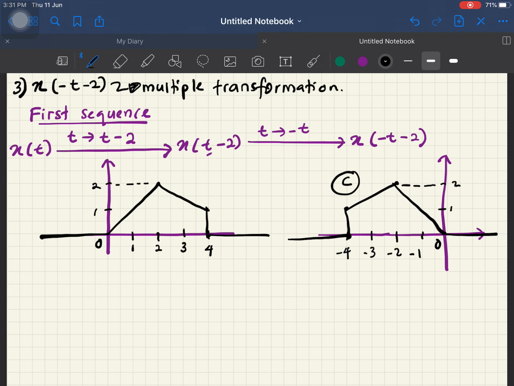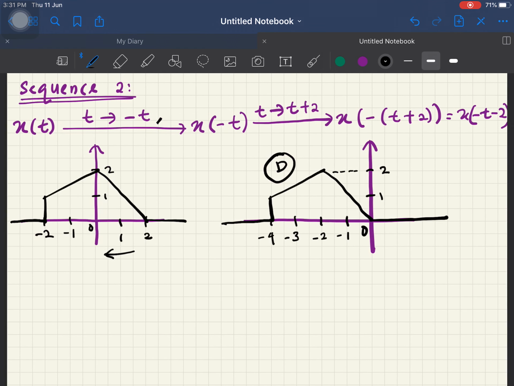So if you compare signal D and signal C, they are the same. Right, so you follow different sequences and different time shifting methods, and you will get the same result. Okay, so that's all for